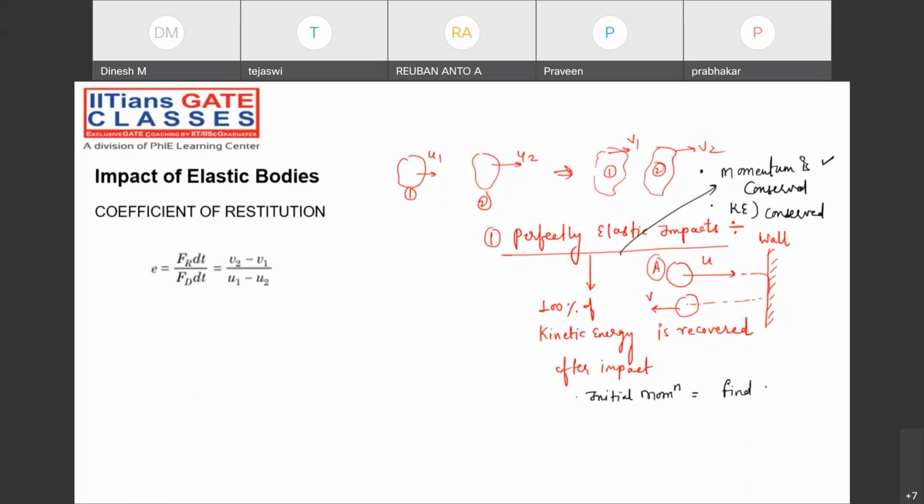Now some of you might be asking, sir, what about the formula F into dt equal to m into (v minus u)? Now tell me, is any force acting, whether you are pulling or pushing this block or this particular ball with some force? Nothing, right? Yes or no, guys? Initial momentum will be equal to final momentum, because the net force in this system is zero, so momentum is conserved. So just note down m1 u1 plus m2 u2 is equal to m1 v1 plus m2 v2,